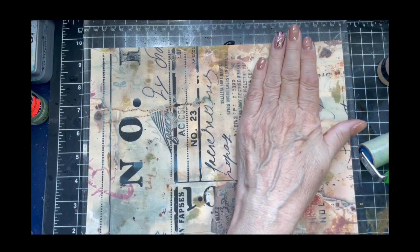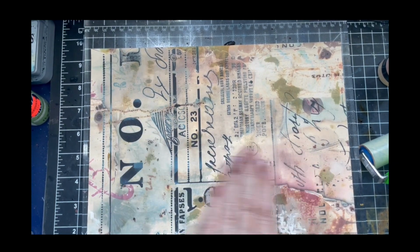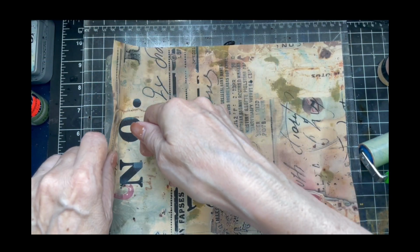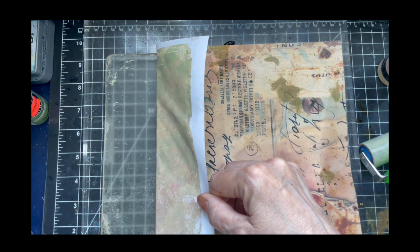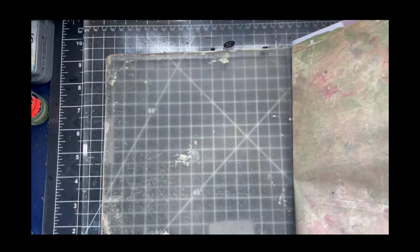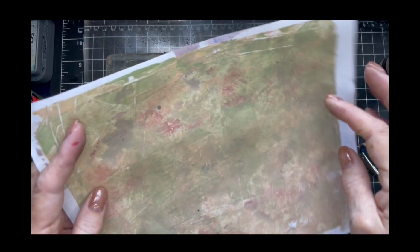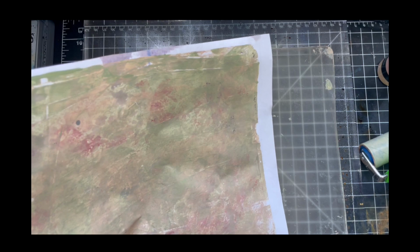Let's see. Really sticky, so I hope I'm not leaving my paper on the plate, which is what I might be doing. And if that's the case, I'm going to have a major problem here. Yeah, this did not give me a whole lot other than just the green. Okay, so it didn't really do anything there, but you know what? That could be fine